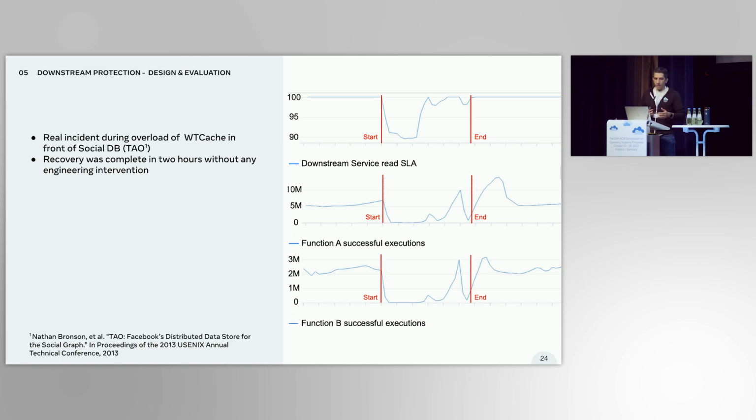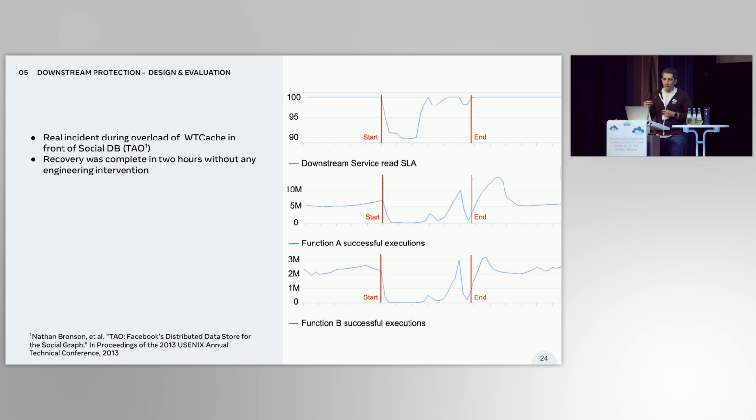So we have a real incident to illustrate how back pressure handling worked. In this incident, we had an overload of a write-through cache that we have in front of social DB called tau. And in the first chart, you can see the read availability SLO of this service. At the start of the incident, the availability of the service went down to 90%. And in the two charts below, I'm showing two specific functions on the platform, and I'm showing the execution rate